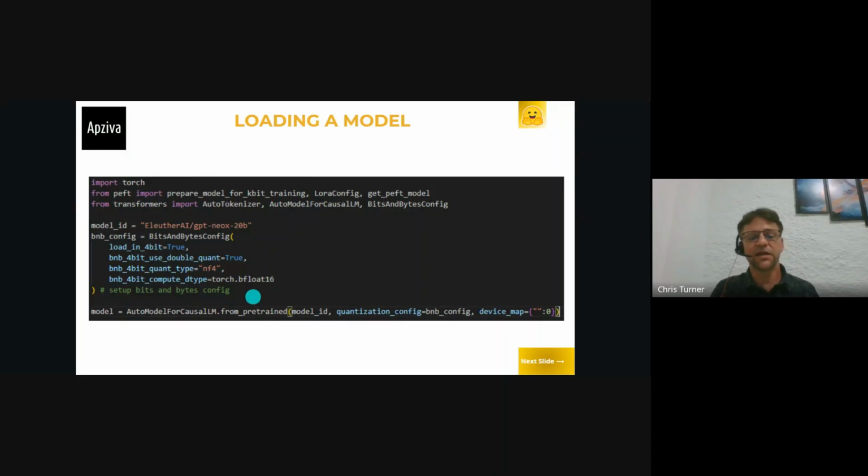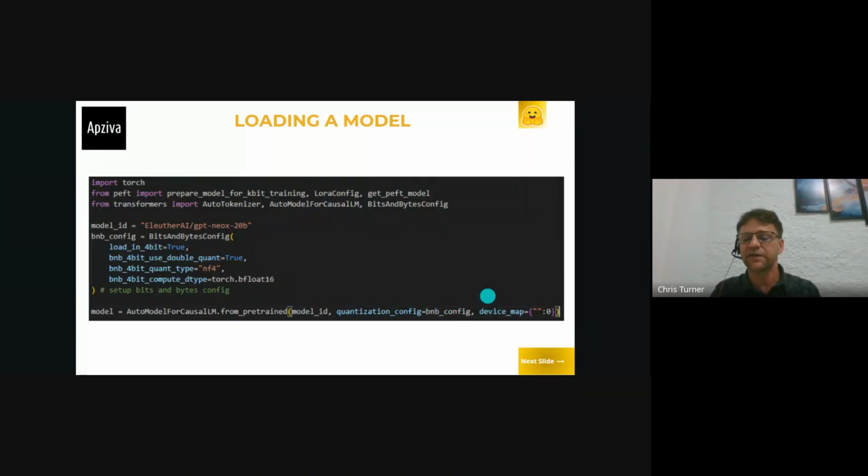The LoRA adapters that we insert into the model are actually going to be in floating point 16 form. They're not going to be in the 4-bit normal float form. This is just calling out what kind of floating point number we are going to have in our LoRA adapters. And here we're going to get the model reference to the model on our machine, and we're going to use the from_pretrained function. We're going to pass in the model that we're starting with, this base model, and we're going to pass in the config that we just created.